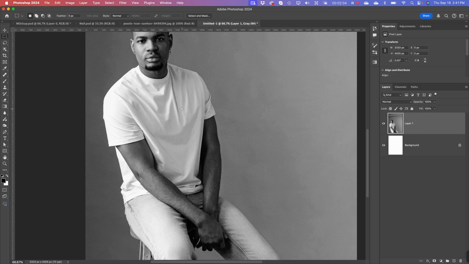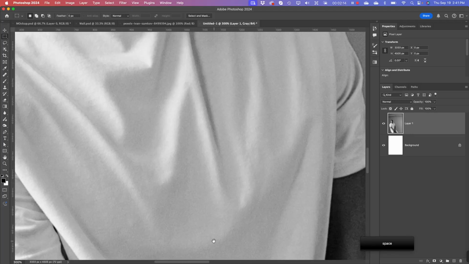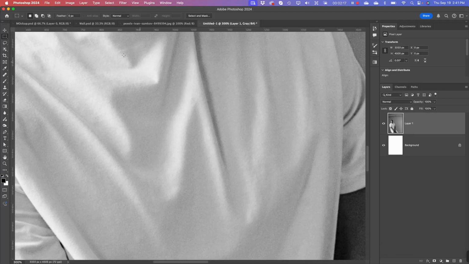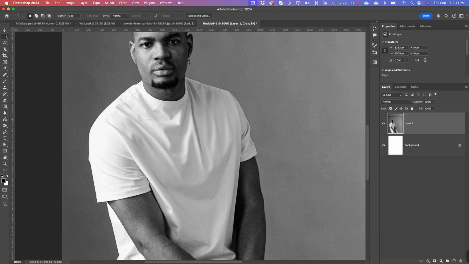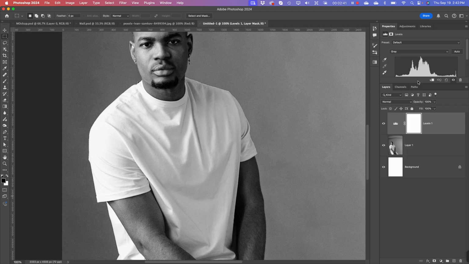The thing we want to watch out for with displacement maps is that really all we want is the bare amount of information that'll give us a feel for the contours. But if I take a look in here, there's a lot of texture in this shirt, and I probably want to try to minimize that. The other thing I want to do is also try to increase the contrast of these highlights and darks. So I think the first thing I'm going to do is actually go into my adjustment layers and toss a levels adjustment layer in there